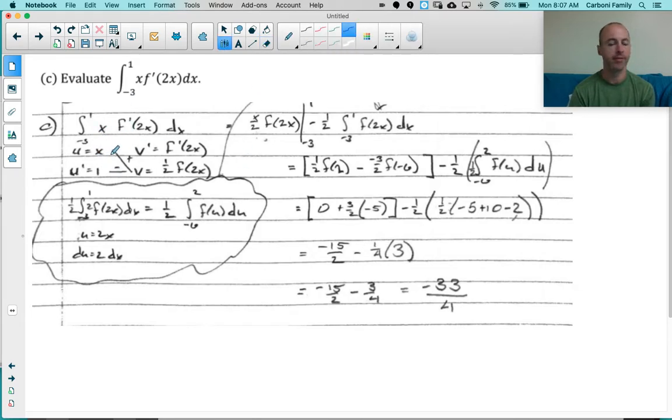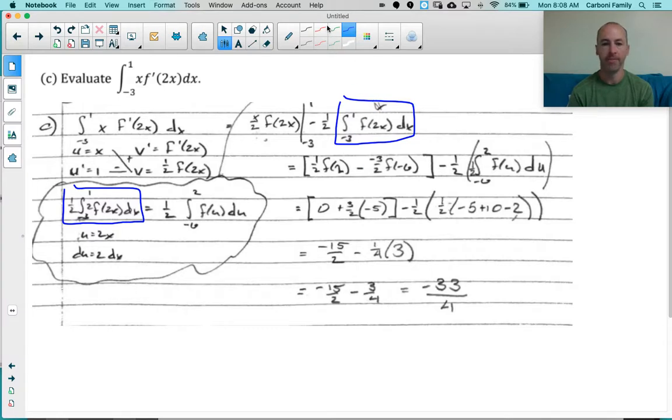So when I broke up my parts, I ended up with x times 1/2 f of 2x. I evaluated that from -3 to 1, and then I had to do minus the antiderivative of this, and this became a U sub right here. When you subbed u equals 2x, you ended up with 1/2 -6 to 2 of f of u. And with that substitution, I brought it back to just a generic f. It's not f of 2x, it's f of u. Now I can go back and measure areas using what they gave you regarding the graph. Do a bunch of arithmetic, you get